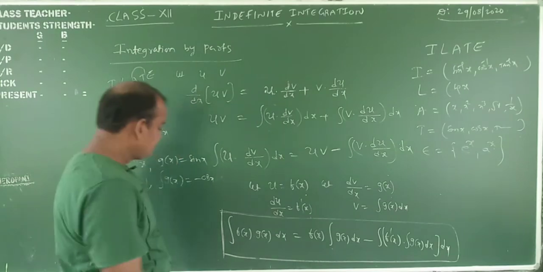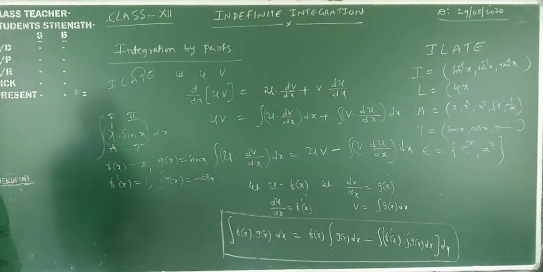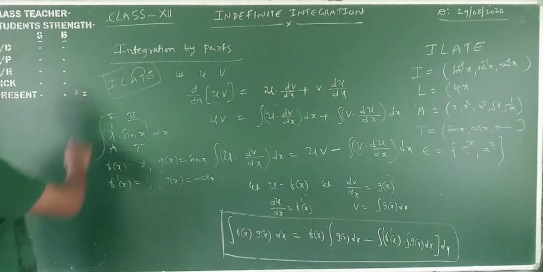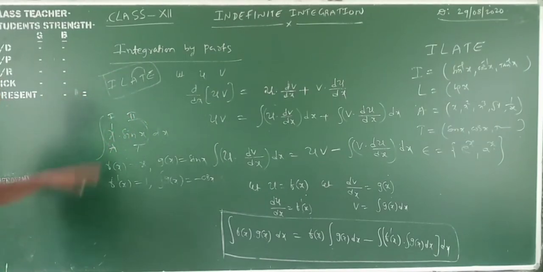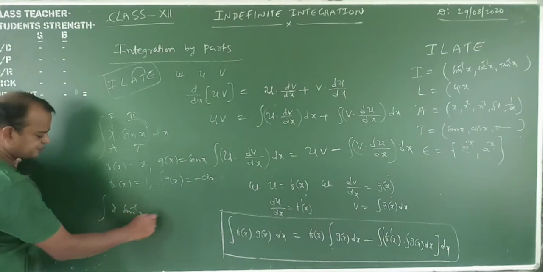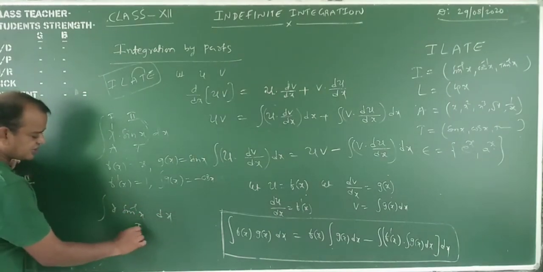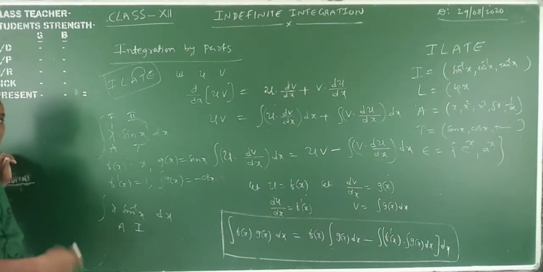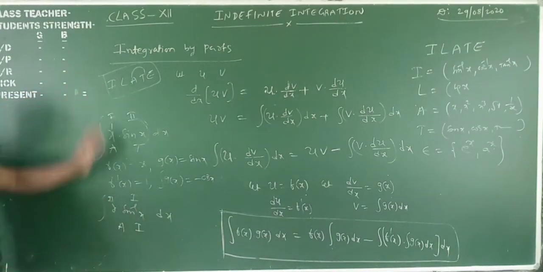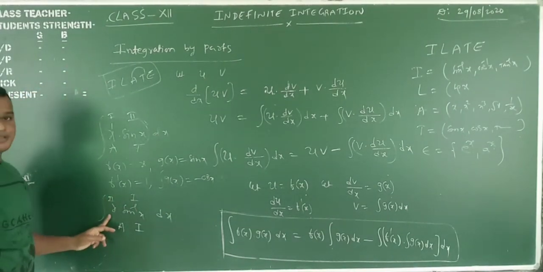Yes. How do we decide which one is the first function and which is the second? By using the formula ILATE. You maintain that order. Whichever comes first in ILATE is the first function. Here, algebraic comes first, after that trigonometric. For example, in x into sin inverse of x, this is inverse and this is algebraic. What is the formula? ILATE. I is first, so the inverse function is the first function and the other is the second function. This is f of x, this is g of x.